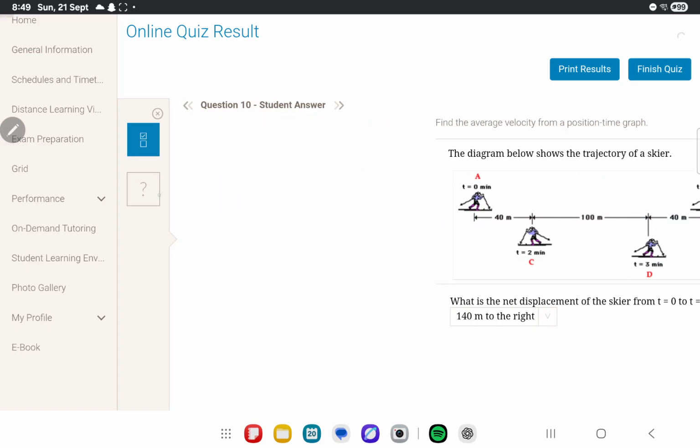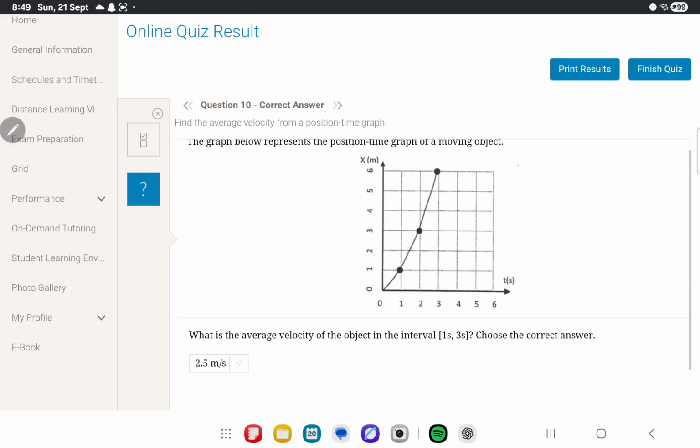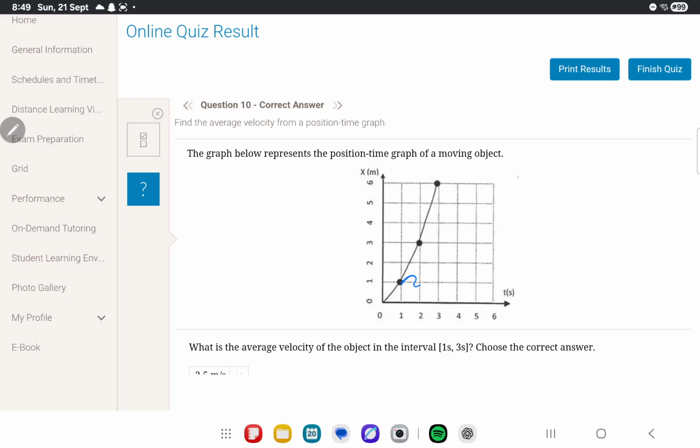Question 10. What's the average velocity in the time interval 1 second, 3 seconds? So 1 second and 3 seconds. So we're going to have to draw the secant between the two lines and find the slope of this secant. So what we're going to do is V average equals to